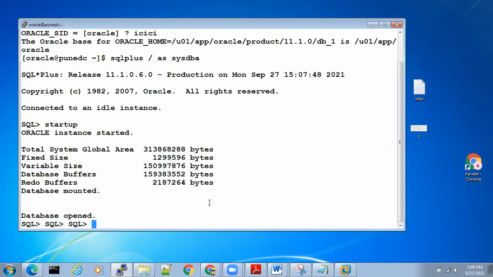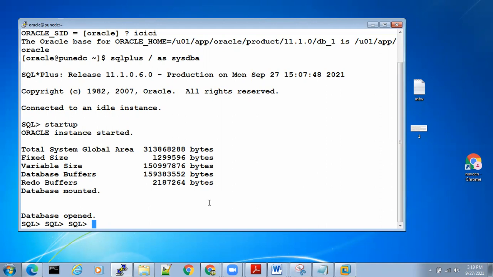See, guys, I'm talking only about the parameters. To store the parameters, there are two types of files. One is a P file and one is an SP file. Which file is the database using? You have to know that. Is the database using the P file or the SP file?